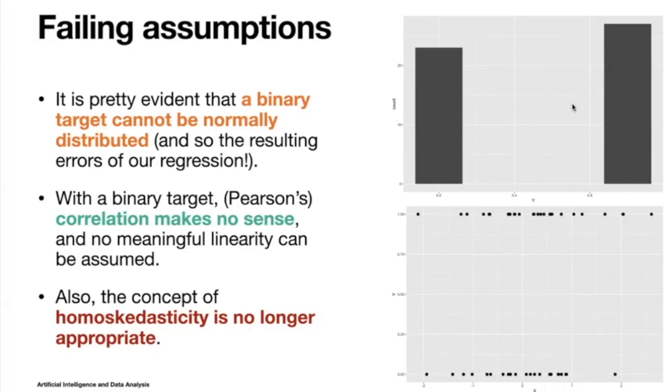But that correlation should never be interpreted as a real measure of dependence, because one of the requirements of Pearson's correlation, so the typical correlation we all use, is that the two quantities you are using to compute correlation are numerical and continuous. Or if they are discrete, you have many possible values, and so, okay, you can somehow use discrete quantities because you can see that as a discretization of a continuous variable. But in any case, it's important to understand that if you have just a binary variable, correlation makes no sense. And also the idea of homoscedasticity, again, makes no sense, because you